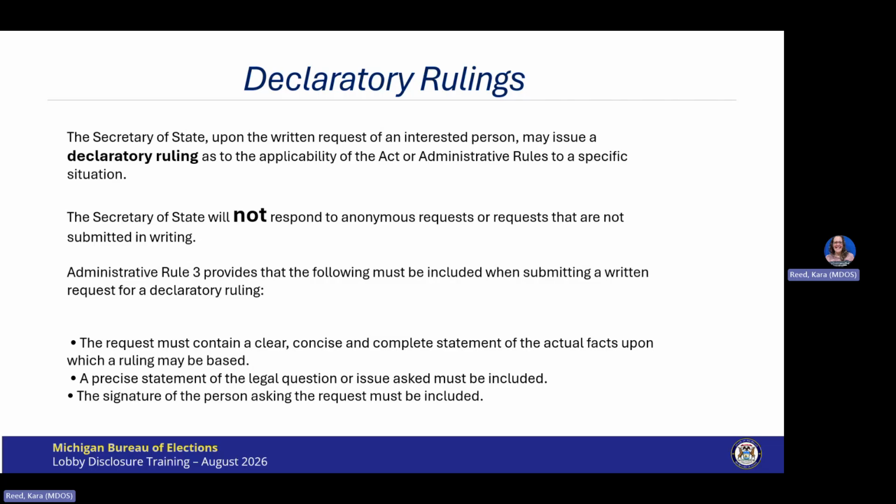A person requesting a declaratory ruling should do the following steps. 1. State that a declaratory ruling is being requested. 2. Indicate the specific existing set of facts involved. 3. Cite, if known, the legal authority upon which the request is based.